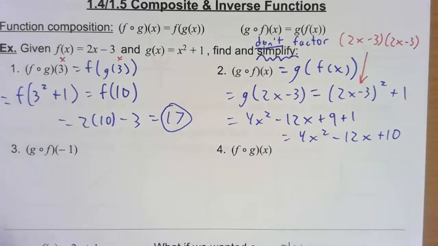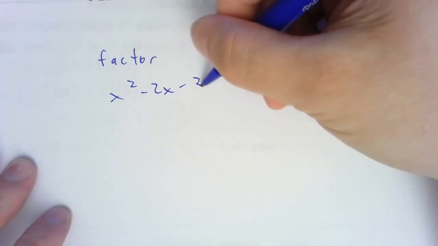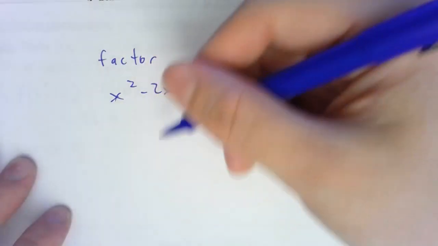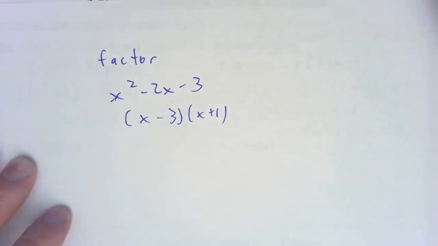Simplifying and factoring are opposites. I always laugh in the Algebra 1 class. What happens sometimes is the kids will kind of go back and forth. So we'll give them something and say maybe factor, I don't know, x squared minus 2x minus 3, and so then they'll look at that and go x minus 3 and x plus 1,